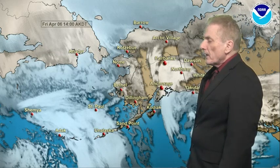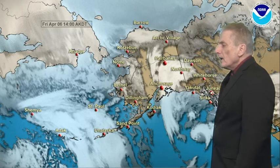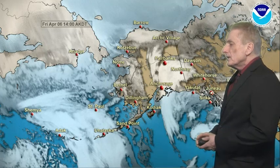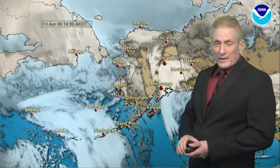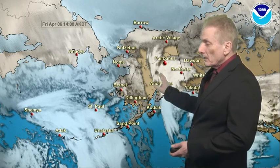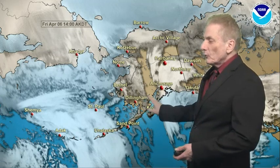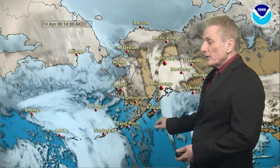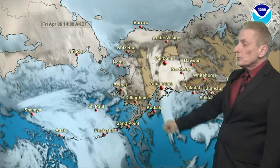And another band of snow showers right through here from about the Nulato Hills southward into northeast Bristol Bay, and actually more over the Aleutian Range and southern portion of the western Alaska Peninsula, western Alaska Range here, extreme southern areas. We can see another swath of mostly clear skies, southern Cook Inlet northwestward there, all the way into the